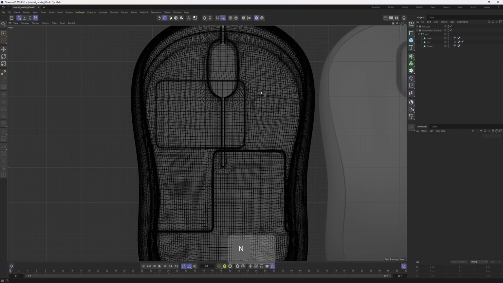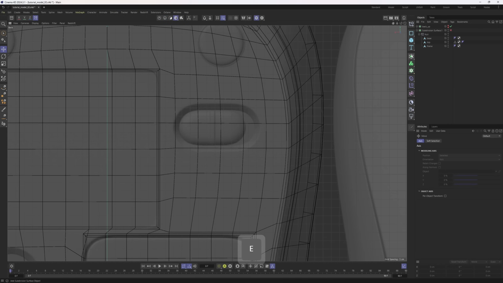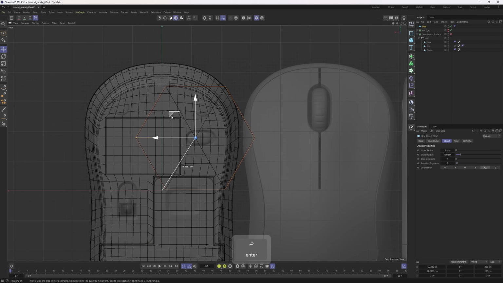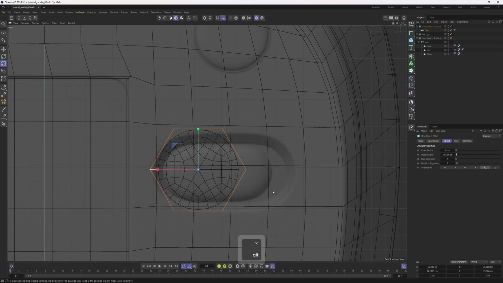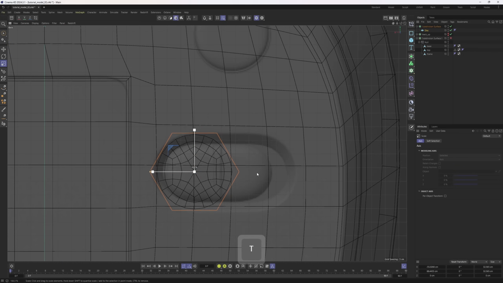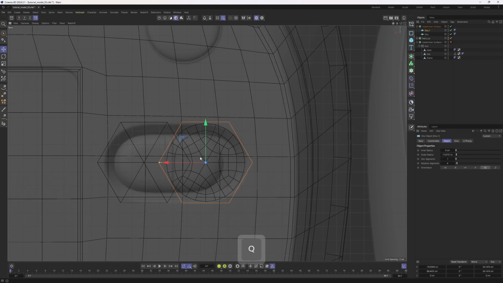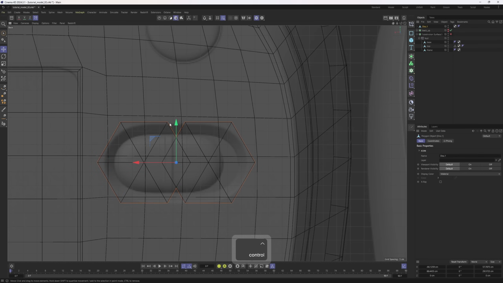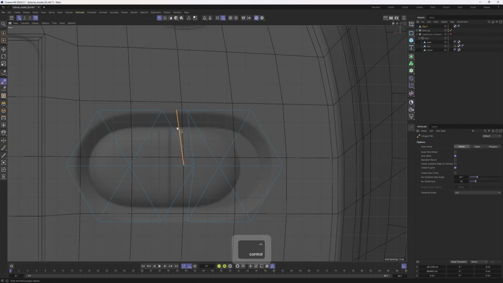Our next detail is going to be that semicircle. So you know how the model is. You are going to need a disk with 6 segments. I will move this one over here, scale it down to see the final size. I will drop this one into a sub-D. Okay, I will need another one over here. Nice. Delete that one. Connect these two. Polygon pen tool. First go into point mode, obviously. Connect these, Alt and Control, and